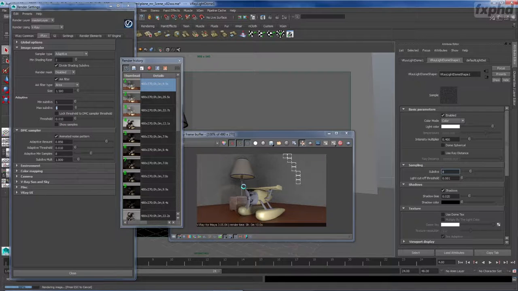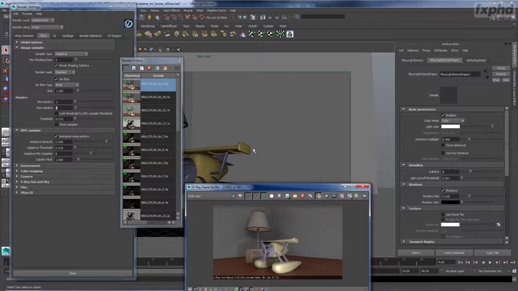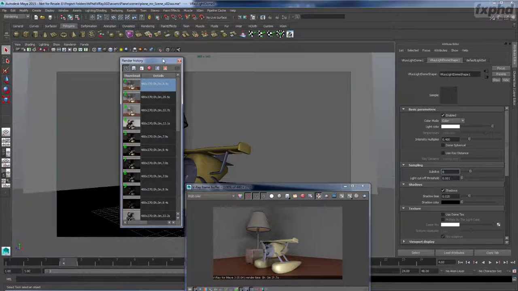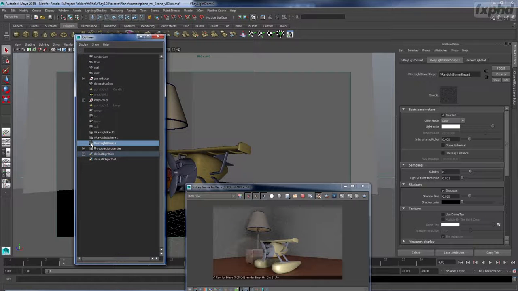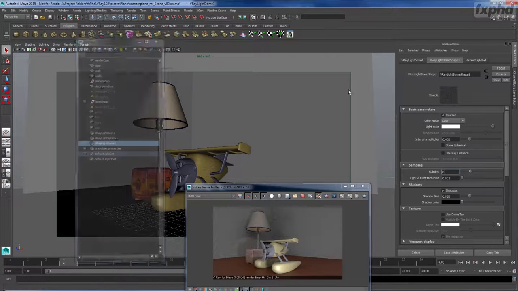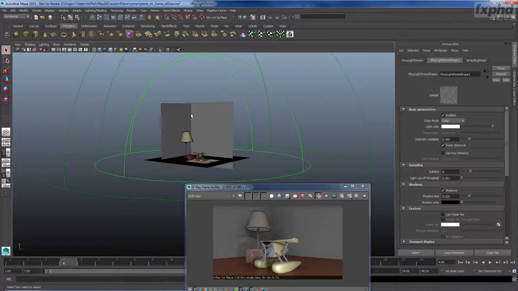The issue is going to be with our little reflective bits. They tend to be a little bit flat because they're reflecting pure white from that hemisphere. Now, it is a hemisphere by default, so if I go ahead and select my dome light, here it is in the outliner, I'm going to turn my spherical on. This will give me a full dome all the way around,